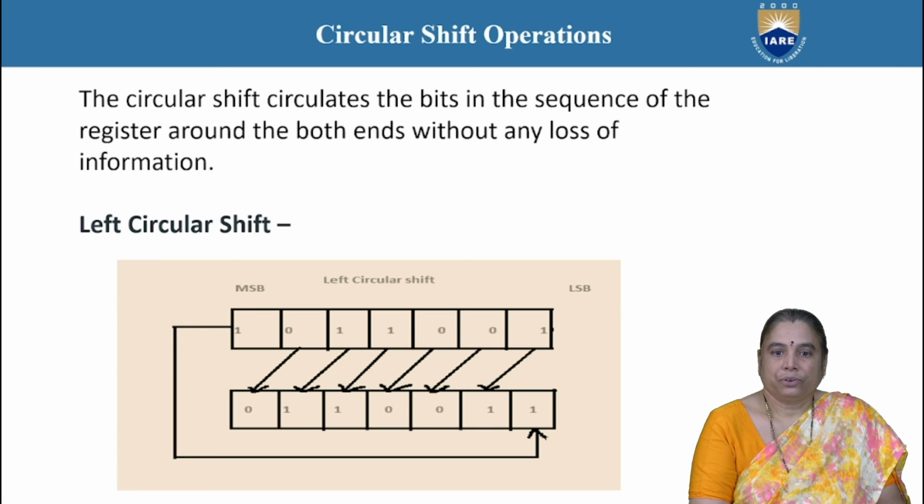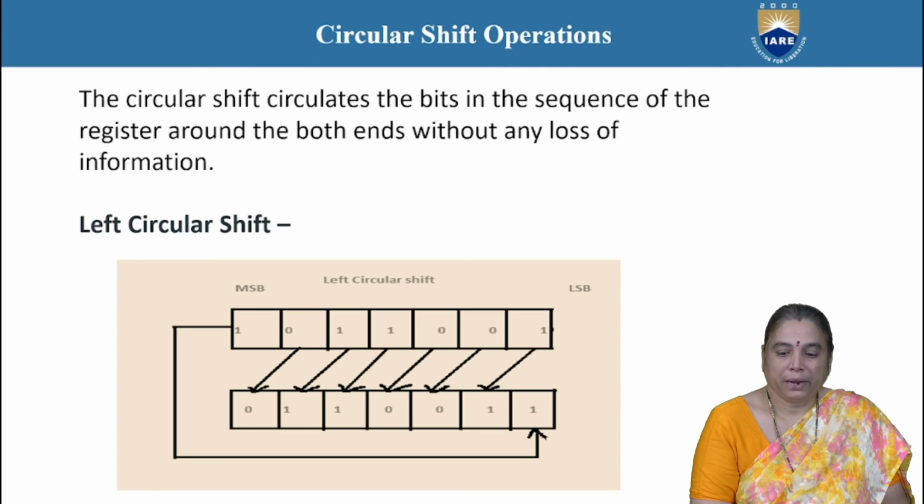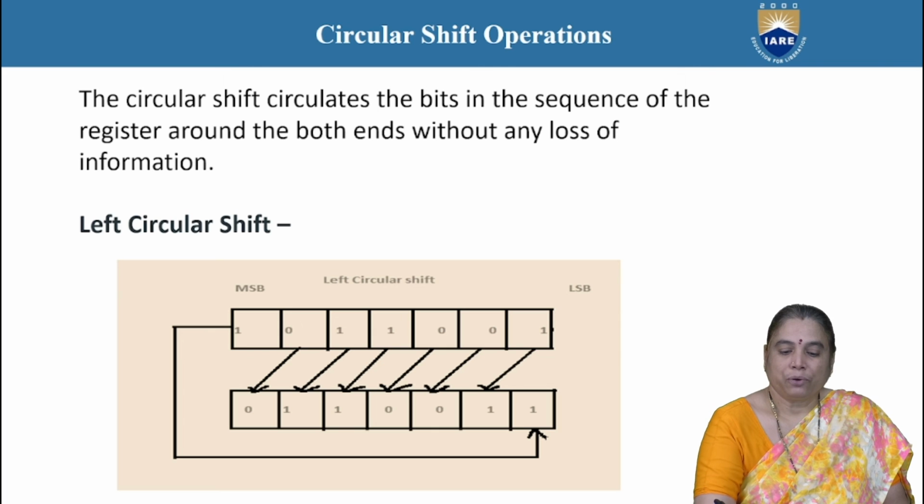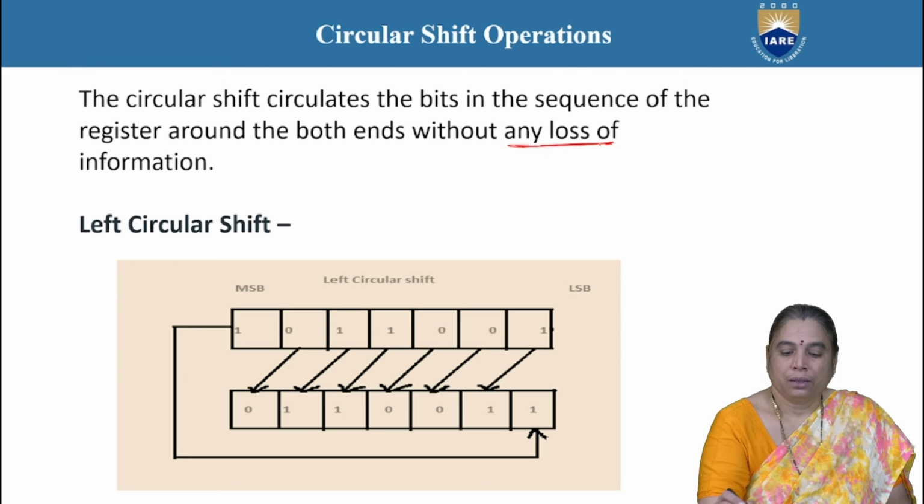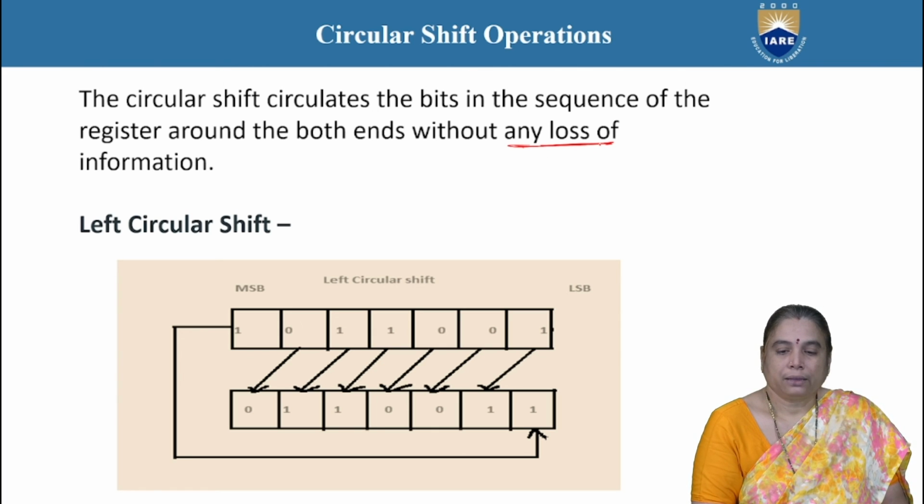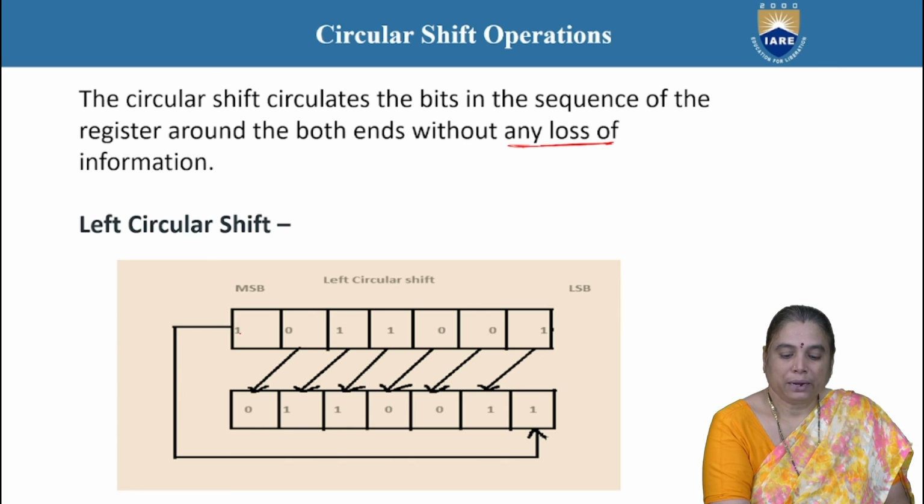Next, a variety of shift is the circular shift. The circular shift circulates the bits in the sequence of the register around both ends without any loss of information, so that we can call it circular shift. Whenever you perform the left shift operation, the MSB is discarded in the previous cases. But in this circular shift case, it cannot be discarded and it has to move to the end where a vacant